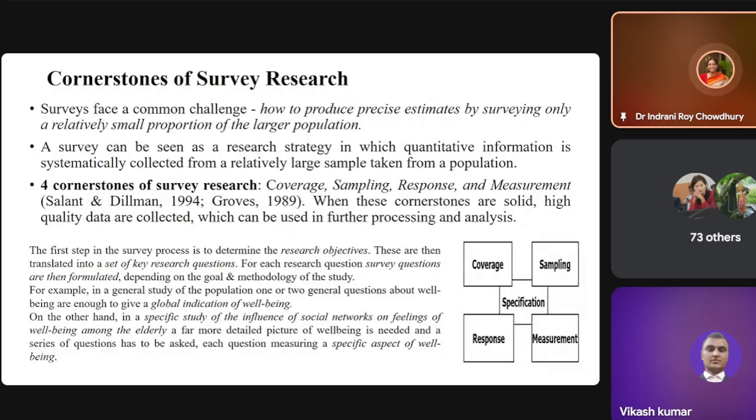You have more male members as compared to female, or more female members as compared to male, or it may happen that the different schools, natural science, life science, computer science, social science, humanities, management, are not adequately represented in your sample. So what will happen? Whatever you conclude, if your sample fails to incorporate the heterogeneities of your population, then